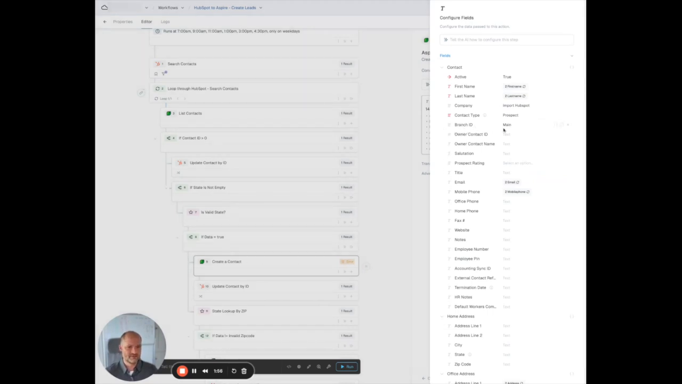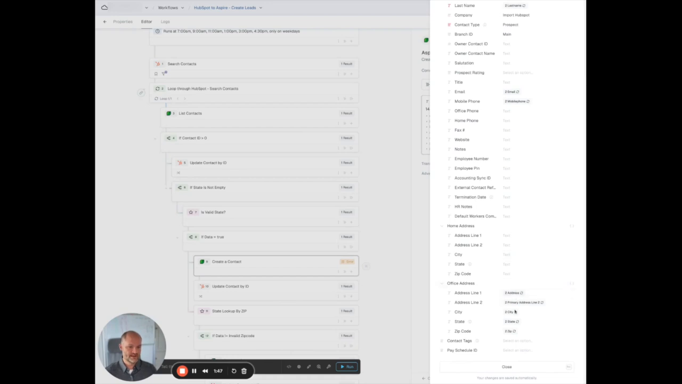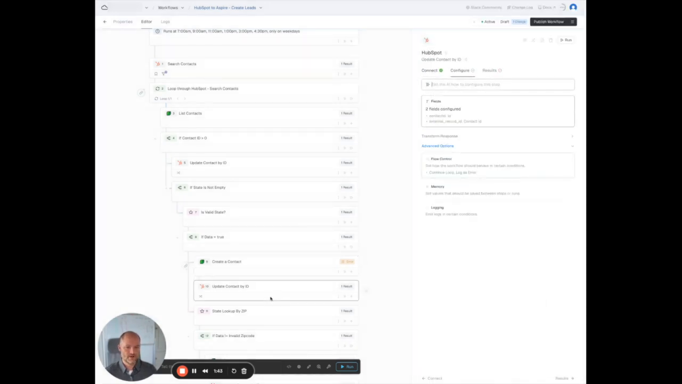And you also have to have a branch. So you can also pick the branch that you want it to be assigned to there. We're going to be setting the email, the mobile phone, and the address fields. All right, so then after that, we take the newly created contact ID from Aspire and update that